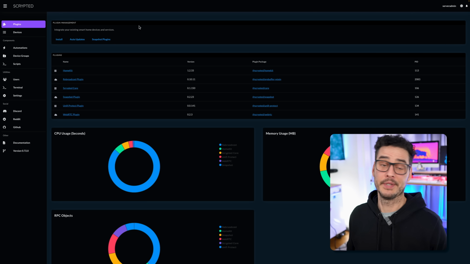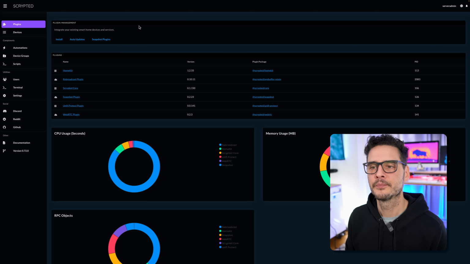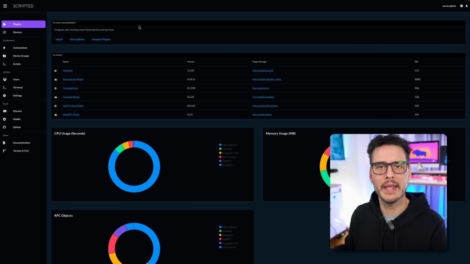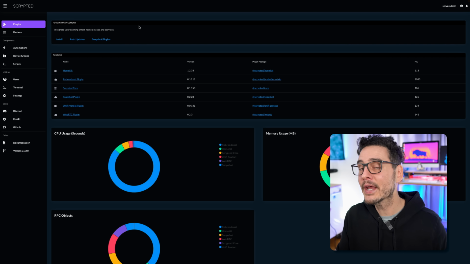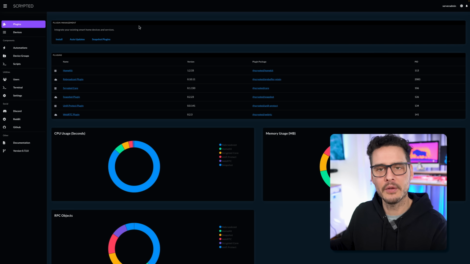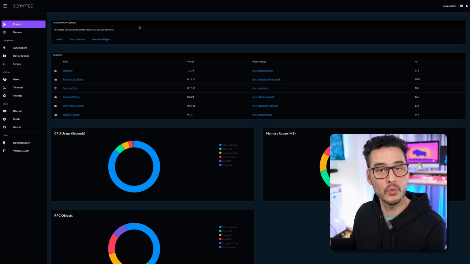And so Scrypted is kind of like an interface too that allows you to import your cameras into the home hub of your choice. Now, it works with a wide range of cameras, and it will allow you to import them into, say, Google Home or into HomeKit. Now, as I mentioned earlier, I run UniFi Protect, but I still want to see those cameras within HomeKit and maybe trigger some automations with my HomeKit stuff based on that. And since UniFi Protect isn't compatible with HomeKit, this is where Scrypted comes in.